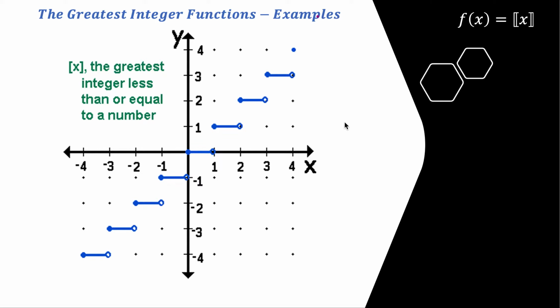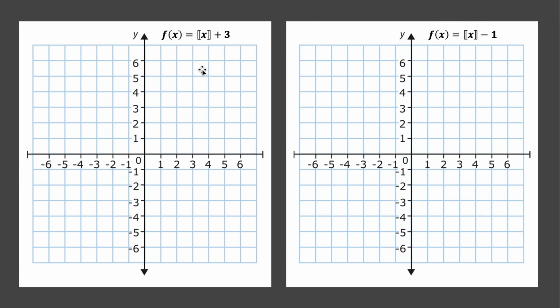Greatest integer function. This is the parent function, as we did before when evaluating the parent function in the previous videos. Now we are going to see some of the functions that are in the family of the parent function of the greatest integer functions. Let's see, we have f of x is equal to the greatest integer of x plus 3. So what we are doing here,